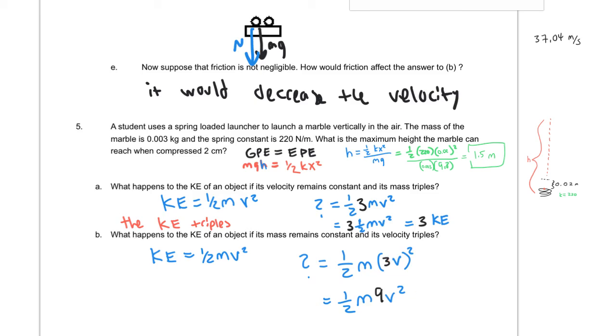So we have this situation. Once again, since multiplication is commutative, we could put that 9 out front. So it becomes 9 times 1/2 m times v squared. And that is equal to 9 times KE, right? Because this is KE. So we could say